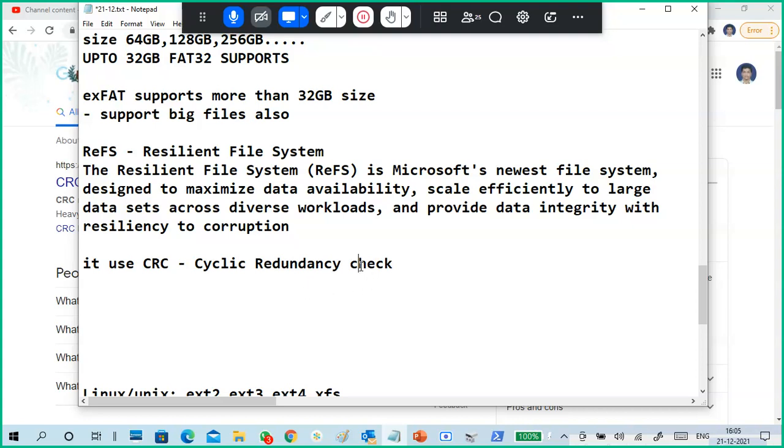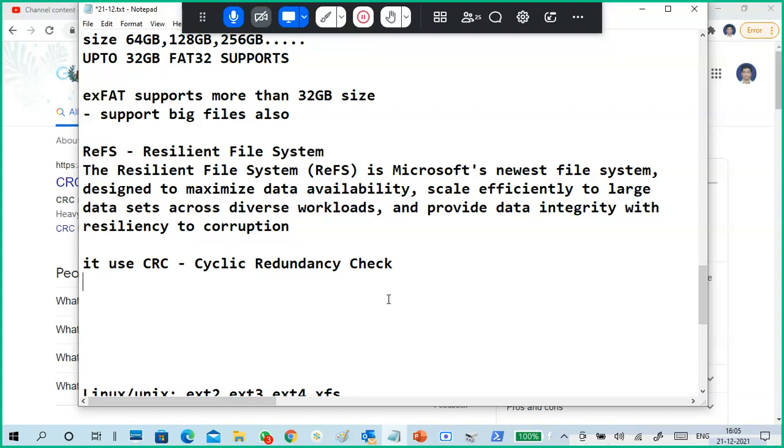So what is this cyclic redundancy check? It generates a small code from your data and makes sure your data won't get corrupted. If some corruption occurs, it will try to make it repairable. Data is in the form of zeros and ones. When people are accessing or transferring data from one place to another, keep touching the data, there is a possibility of corruption.